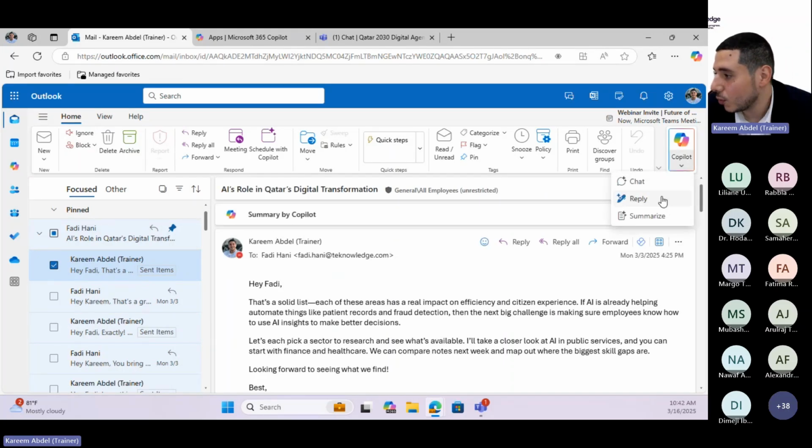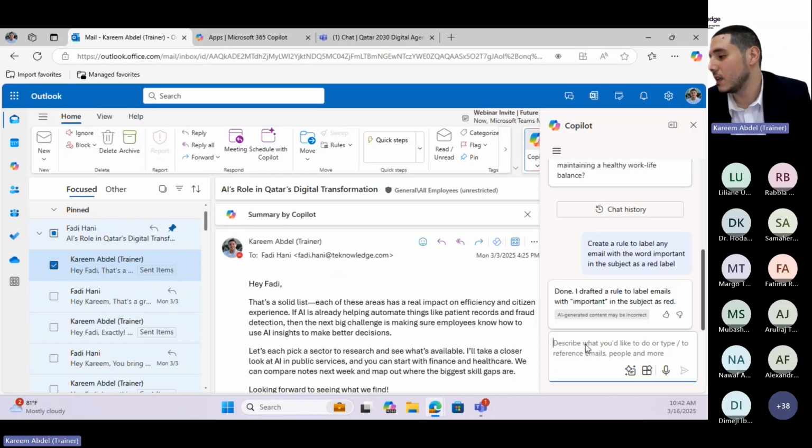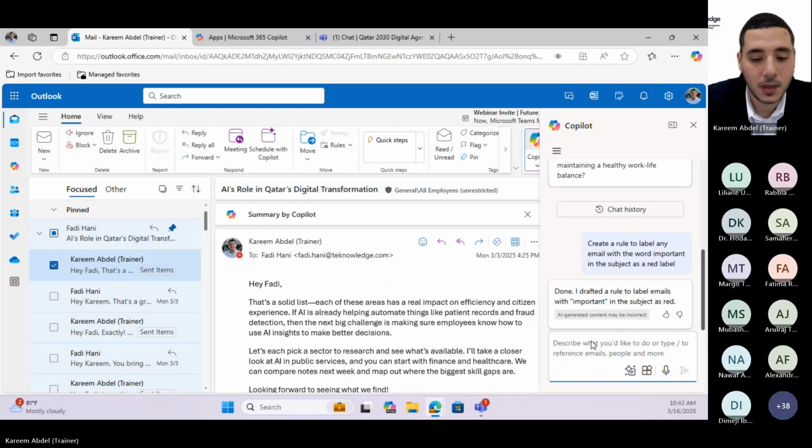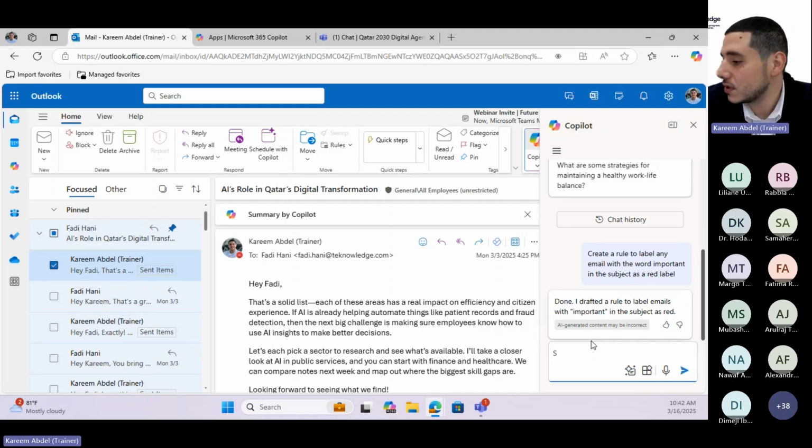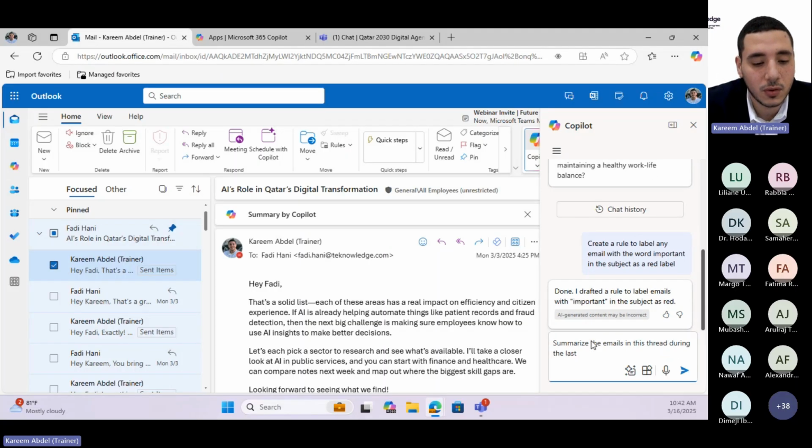So I'll go to Copilot and I'll say, summarize the emails in this thread, and I would specify a time period. So during the last 24 hours, focus only on